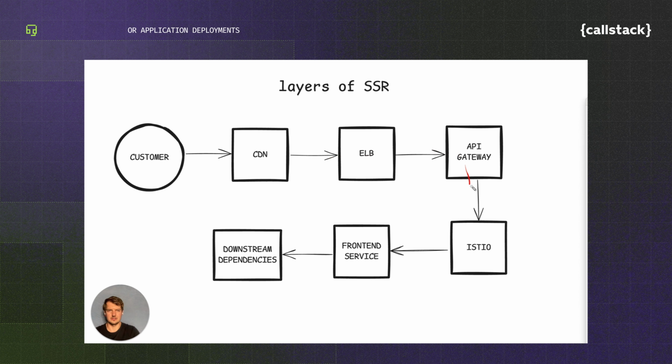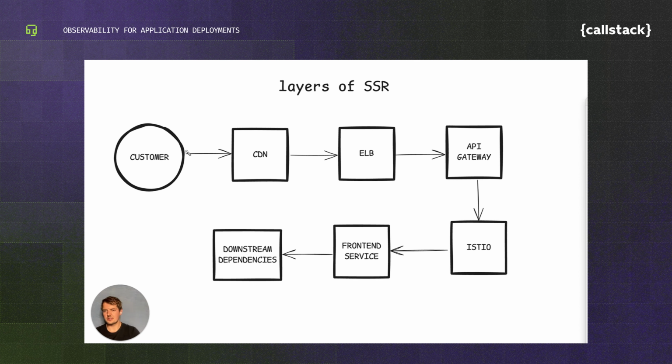It has to go to the CDN, then to the load balancer, then to an API gateway. Then we use Istio. We have to go through Istio to call the front-end service, and the front-end service also has to go through Istio to call other downstream dependencies, but that's not that relevant right now. One thing that I can straight up note here is that